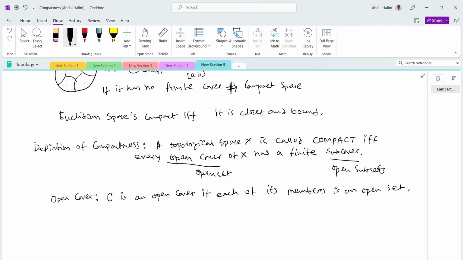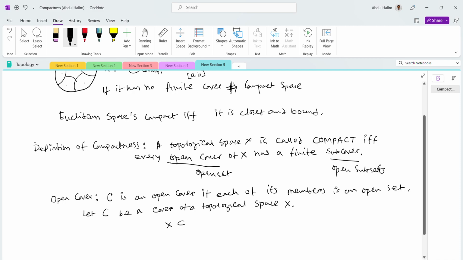We cannot understand. The statement will be clear. Let C be a cover of a topological space X. We can write like this: